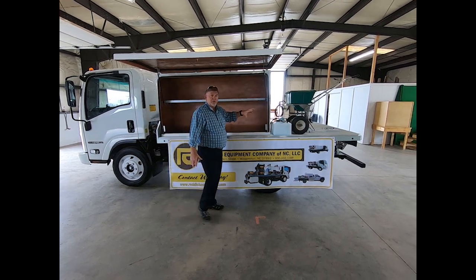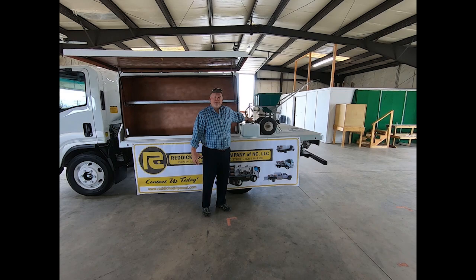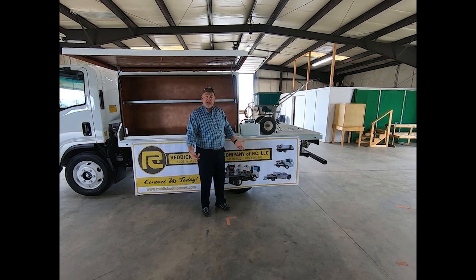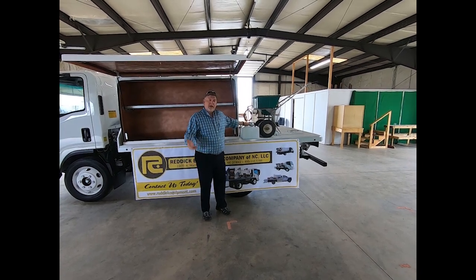Right behind the storage bin, we've got a 6 gallon freshwater tank with an electric pump on it. We use this to wash down a piece of equipment that's dirty. You can wash your hands, you can fill backpacks, all of those things that you need a little bit of fresh water. That's going to do it for you. And then we've got